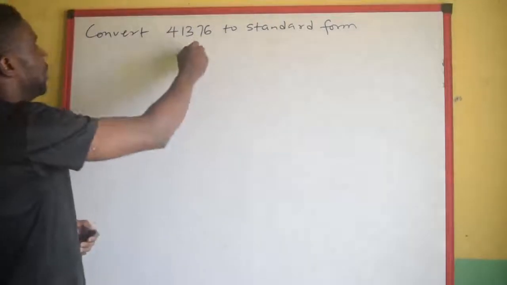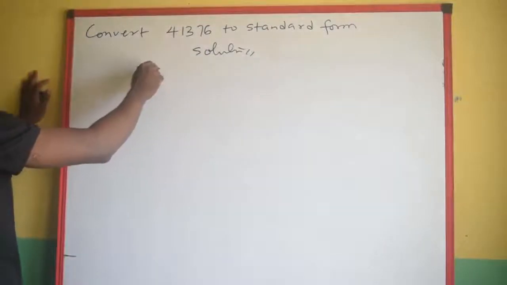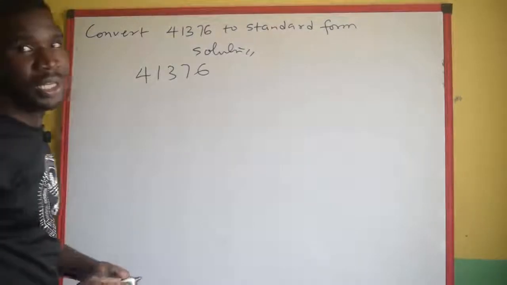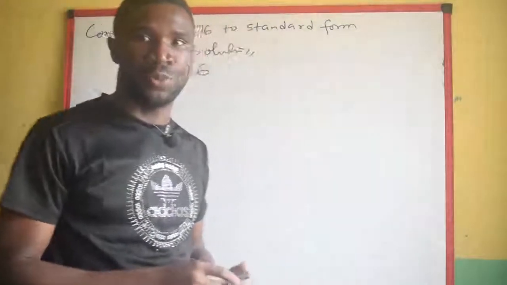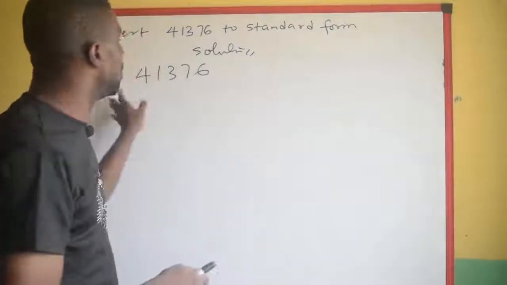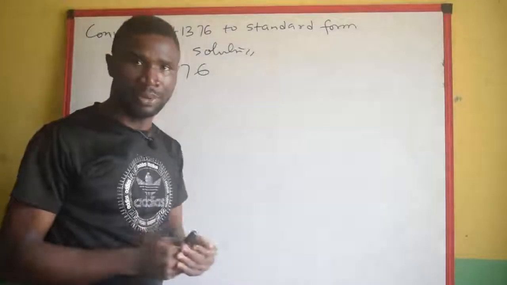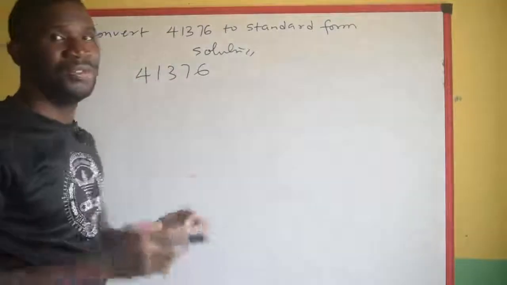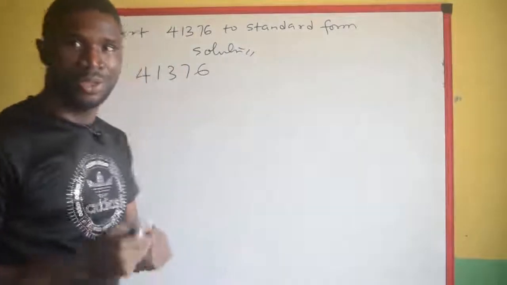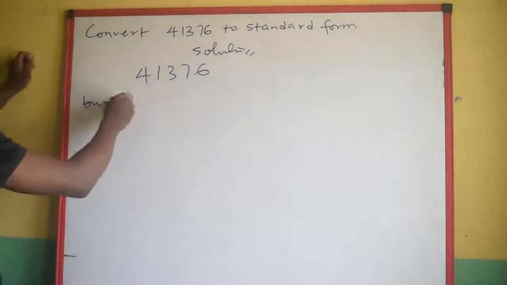All we need to do is write solution, bring out the question. Now, when you look at this, it does not contain a decimal point. So, as a student, if you are not taught about this, you might be confused that the question is wrong, but in reality, the question is not wrong. So, look at how you're going to handle this. If they give you a question and the decimal point is not visible, you tell them this. You just write that, but you and I know that this question